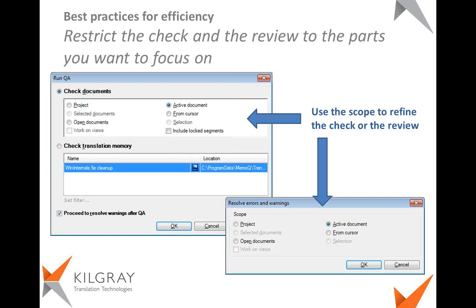And because there was a question on our help desk a couple of days ago, it was about how to restrict the warnings and the list of the warnings to the part of the document that you work with. And I'd like to draw your attention to two commands in MemoQ. One command is the run QA command. That means that I'm telling MemoQ that I want it to check the current document, the entire project, or the